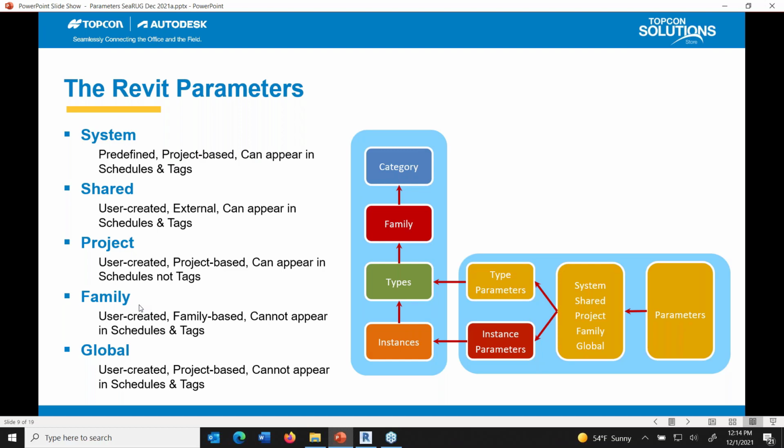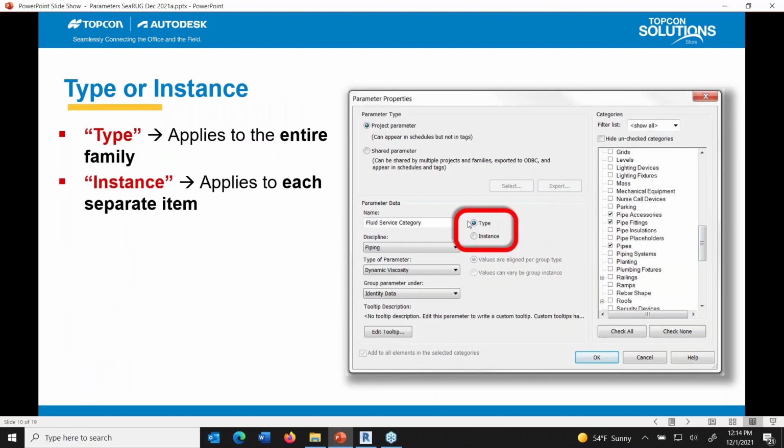Family, those are really strong in their own way too. I'll show you a couple different ones, dimensional, but also say by materials, yes, no parameters. And then global finally, which move things around, right? You can shift the position of your lights and things like that, very much like the positional ones that are in the family. So when I talk about type and instance, you'll see in these dialogues when it comes up,